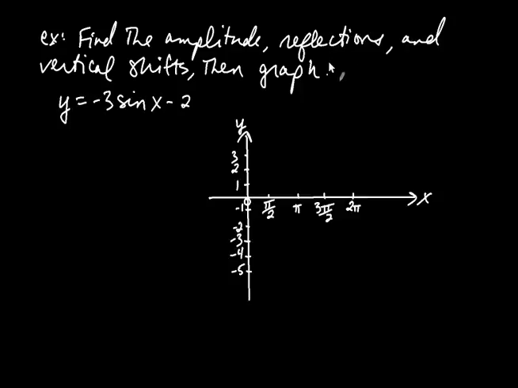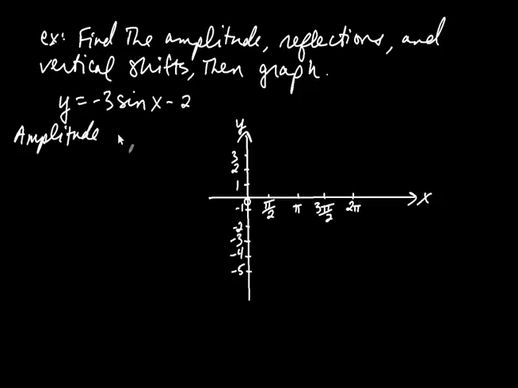So we're going to find the amplitude, any reflections and vertical shifts, and then graph this function, y equals -3 times sine x minus 2. Okay, so the first thing we want to notice is that it's no longer just y equals sine x, right? We have a couple numbers in here that have some geometric meaning. First of all, the amplitude. You can always find the amplitude